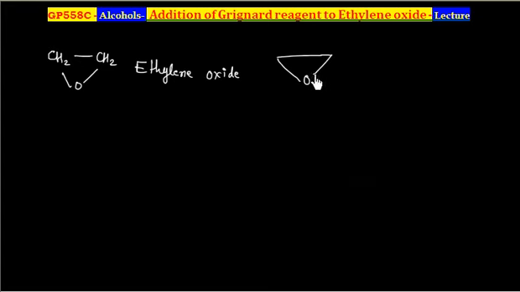This is a three-membered ring, so this molecule has ring strain. Any reaction that can open this ring will release the ring strain, and that happens with the Grignard